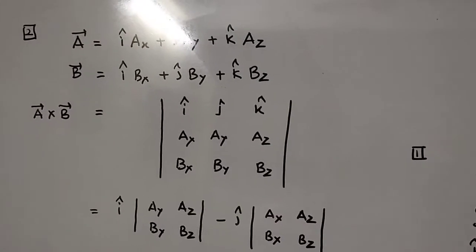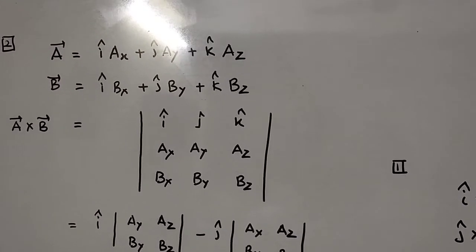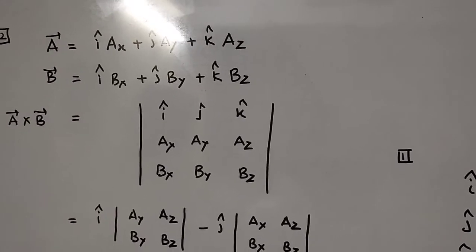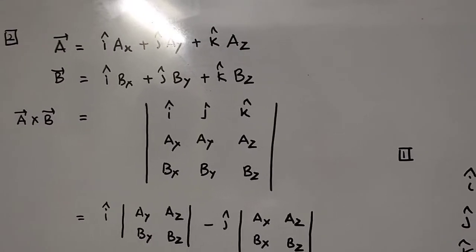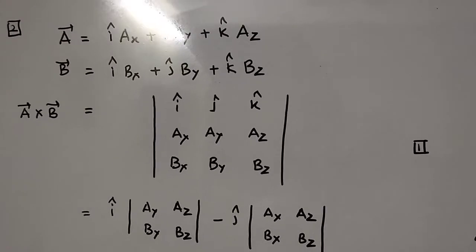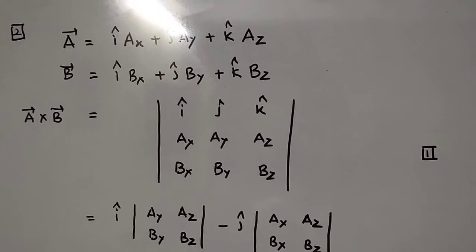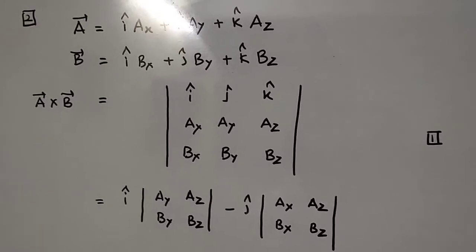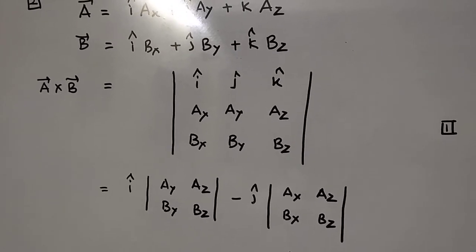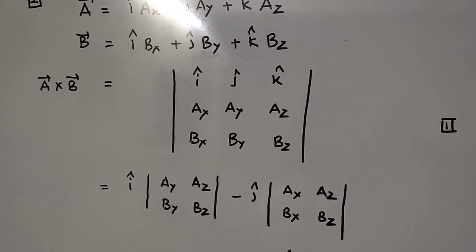So if you have to define a vector cross b vector, what you have to do? First of all, you have to check a vector and b vector, what is common. The common part is i cap, j cap and k cap. So you have to write i cap, j cap and k cap in a single row, the first row. Then as you have to define a vector cross b vector, initially a then b, you have to write the components of a vector below i cap, j cap and k cap, and then you have to write the components of b vector below ax, ay and az, because it is a cross b.